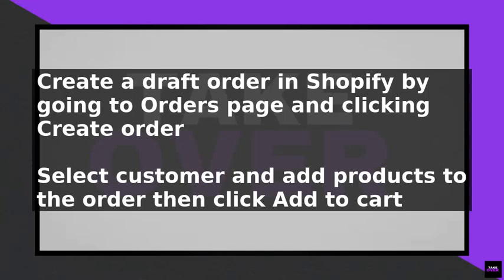To add or remove tax from a draft order in Shopify, you need to understand the basics of draft orders and tax settings in Shopify. A draft order is a temporary order that you can create and edit before completing it. Shopify allows you to add or remove tax from a draft order, which is useful for calculating the total cost